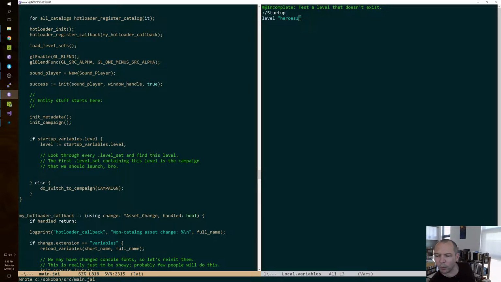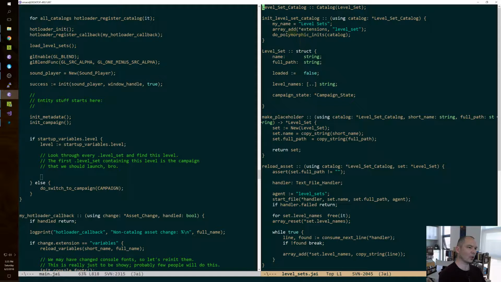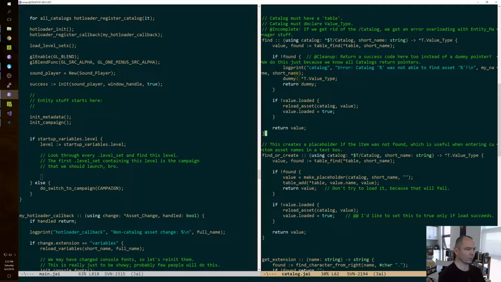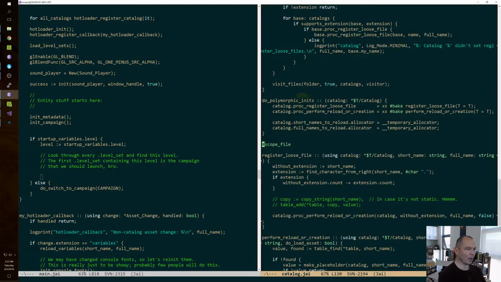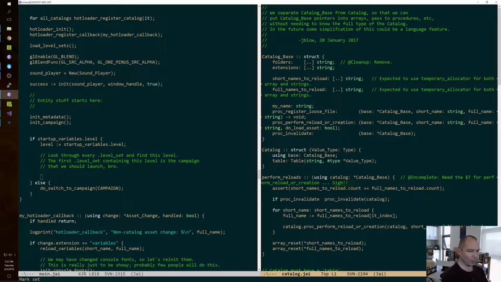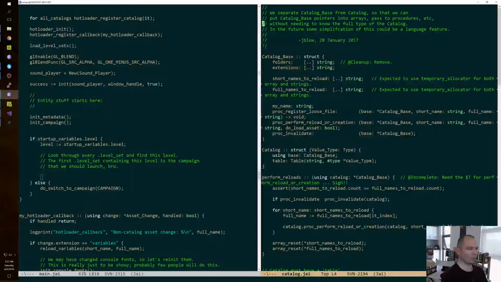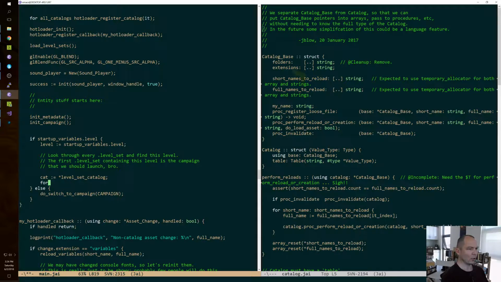So now we've got this thing called the level set catalog, and I believe it should already, on initialization time, have all the files that we want. So can we iterate over a catalog? No. I'm not going to make an iterator right now because current iterators are too C++y. I'm going to wait for the new thing. But for now, I'm just going to do cat equals level set catalog, for cat dot